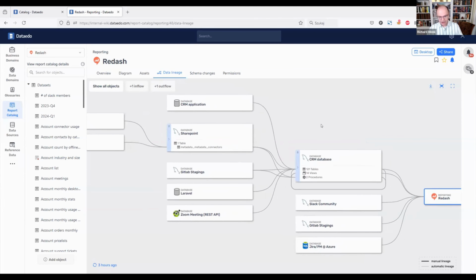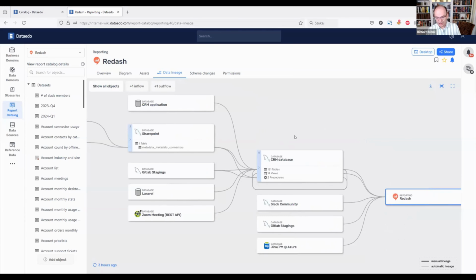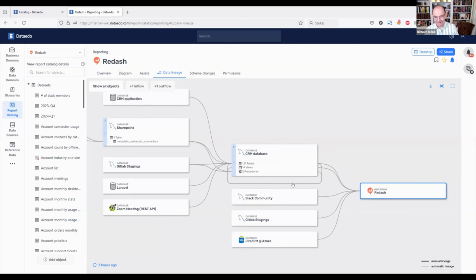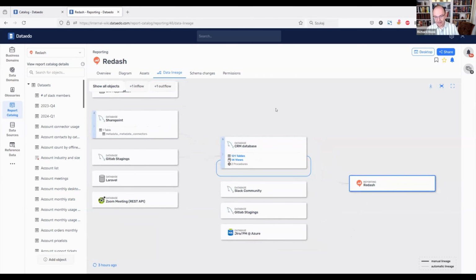Something that I noticed when I was playing around with this, even at the object level, is if we look at that CRM database right there with the 121 tables, something that I was confused about is what seems to be a recursive line. There's 2 of those recursive lines there. I was confused by those. I've actually